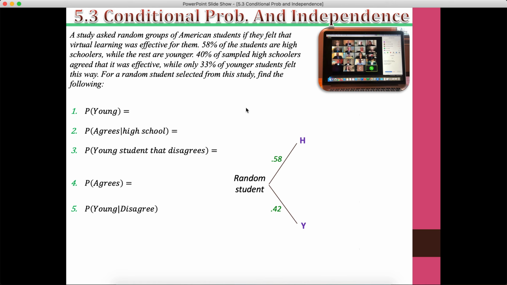And then of the high school students, 40% agreed that virtual learning was effective. And then what do the rest think? The other remaining 60% disagreed or did not feel that that was the case. If I look at the agree and disagree proportions for younger students, it's different. So we need to consider that when we look at the probabilities of some of the further down ones. But the probability that I select someone that's young,